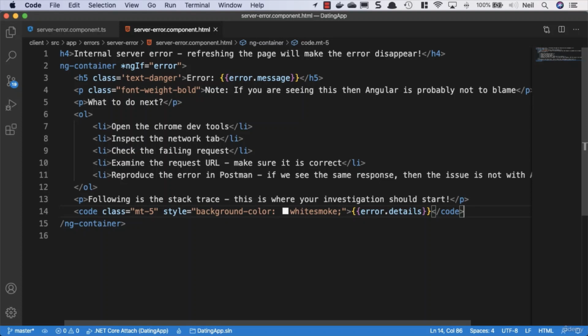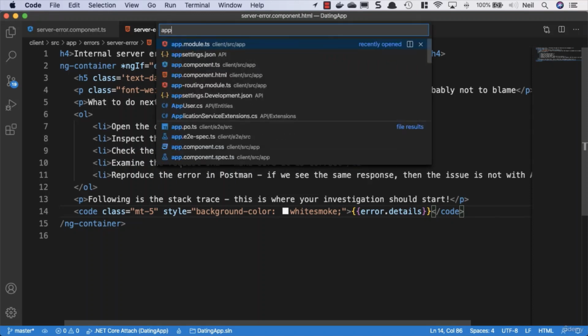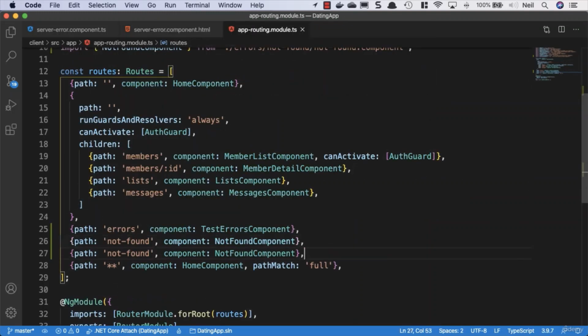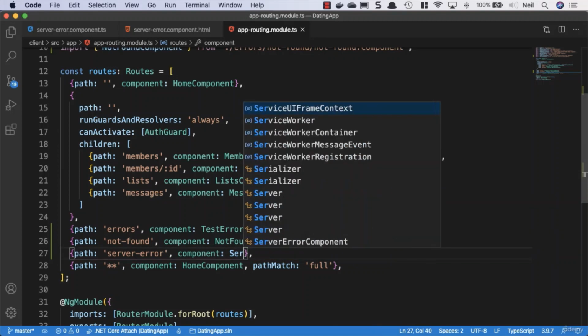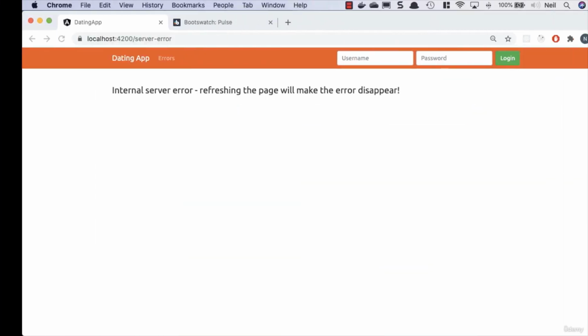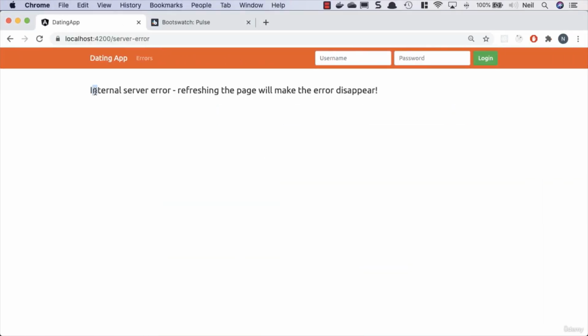And what we're going to do here is test and make sure we can see this error when we reproduce it. But first of all, we need to go to our app routing component. So let's add another route so that we can get to this. And just underneath the not found, we'll change this to a server-error. And we'll change the component to the server error component. And if we go take a look at our browser now, well, we can see we've got the page, but